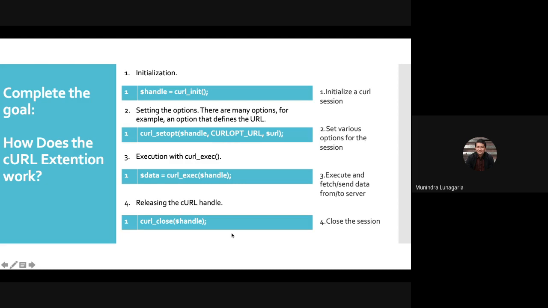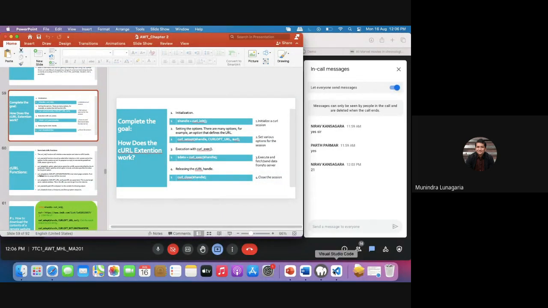There are many options, for example, for the URL: curl_setopt, then in brackets the session variable, then CURLOPT_URL. Third is execution of cURL: curl_exec, the parameter is the session variable. Last, curl_close. So these are the 4 steps applicable to all the code.